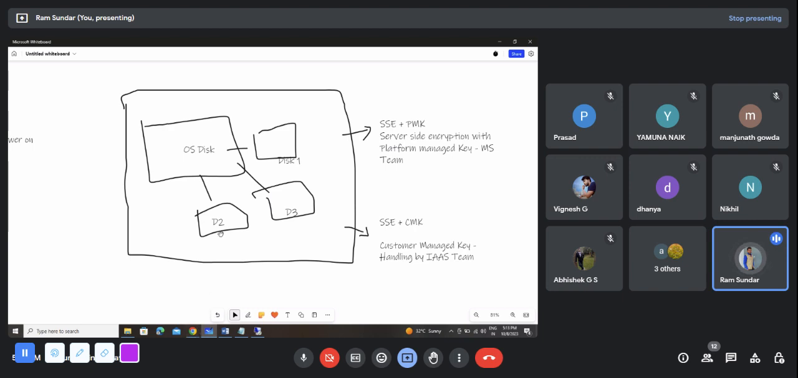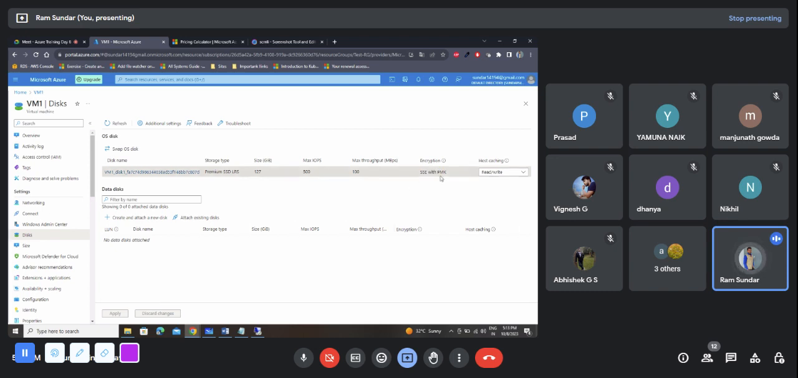Whatever disk you create, everything will be encrypted by Microsoft. That is what you see here. The encryption is PMK, it shows by default server side encryption with platform managed key, and the host caching. This host caching we can change to read only or read write. The host caching is nothing but